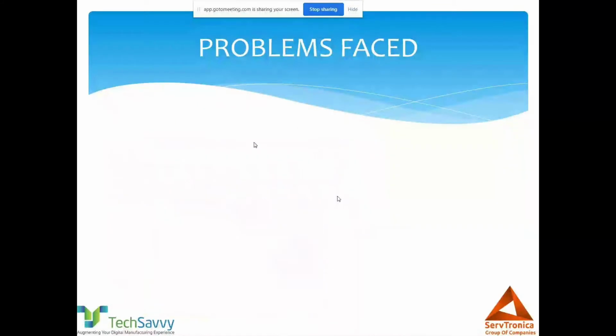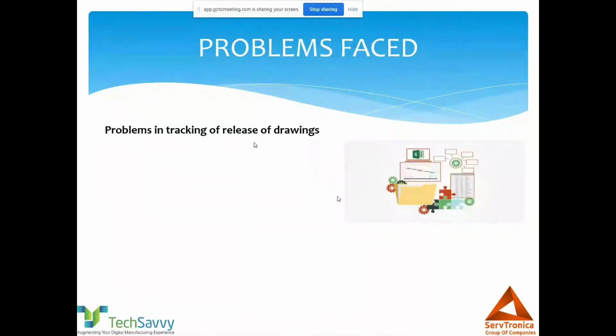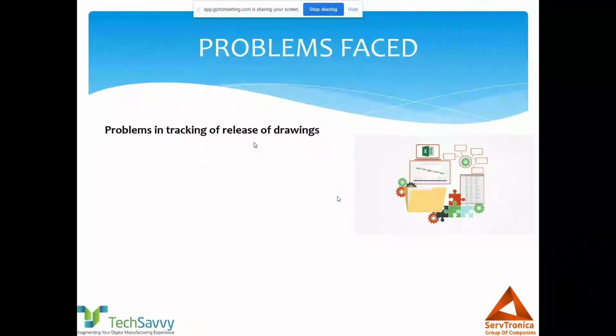Another concern, another headache for a design department, is the tracking of release of drawings. The designer makes a drawing and releases it to the production, quality or purchase department, right? Then they come back and say we haven't received the drawing. To whom did you release it?